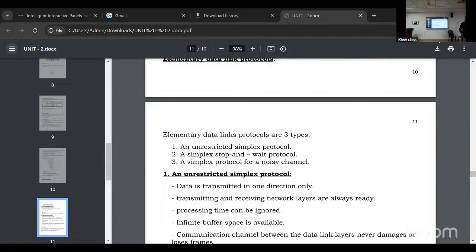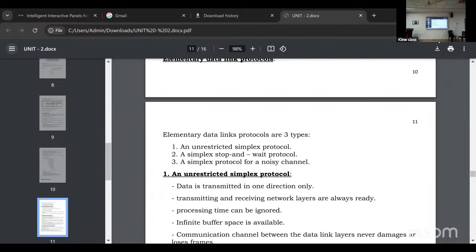What is Ethernet? Anyone? Have you seen Ethernet ever?